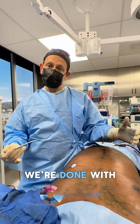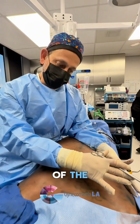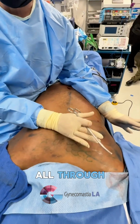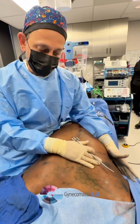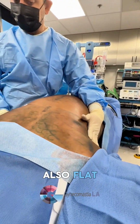All right, so we're done with the first part of the operation, which was liposuctioning of the lateral chest and lower chest, removing the gyno. The gyno was basically removed all through liposuction because it was just fatty gyno, and that's called pseudogyno. And now you can see this side is all flat and this side is also flat, but we